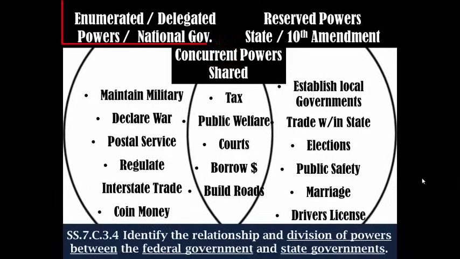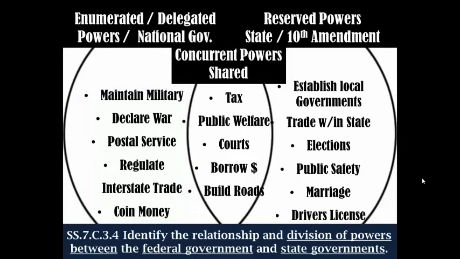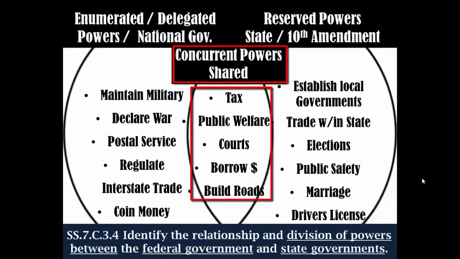The national enumerated/delegated powers include maintaining the military and declaring war, the U.S. Postal Service, regulating interstate and foreign trade, and coining money. As you know, there are a lot more, but these are the examples most often provided in this chart. For concurrent powers, both levels of government can tax, they can provide for the public welfare, establish courts, borrow money,